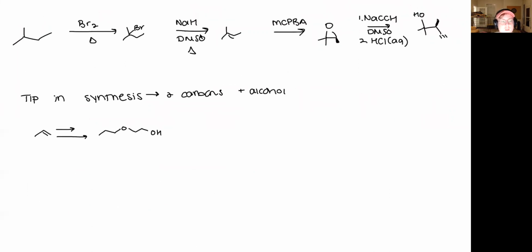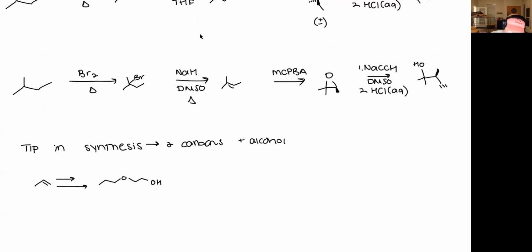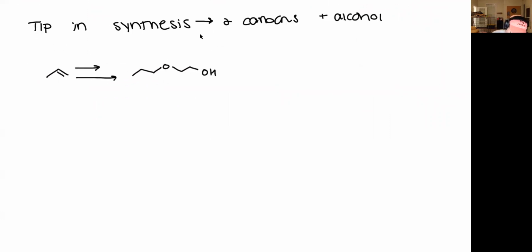And then I have a tip for synthesis. So if you see that there's two carbons and then an alcohol, I would think epoxides, because when you open up an epoxide, it puts two carbons in between the site where the nucleophile attacks and the alcohol. So in this case, if we look, we see that there's two carbons and then an alcohol right there. But we see this ether, maybe we use an epoxide to form that. But if we look at our starting product, it's going to be that, and there's no carbons in between. So we know that we didn't use an epoxide to form that. But we did use the